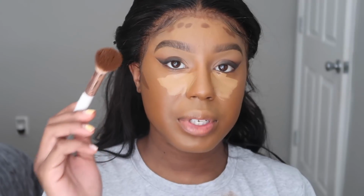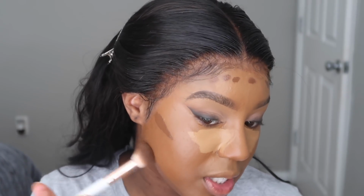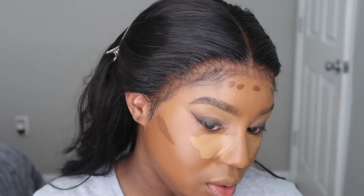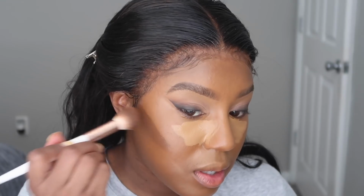And I'm gonna take this brush. It's disgusting, but it is a BH Cosmetics brush, and I've really been liking it to blend out my contour. And you guys see how much that product spreads when you start blending it out? Honestly, I put way too much. I'm just gonna